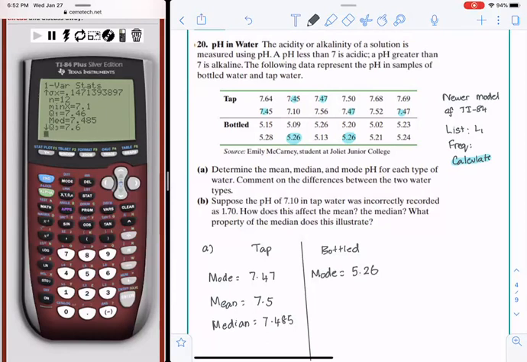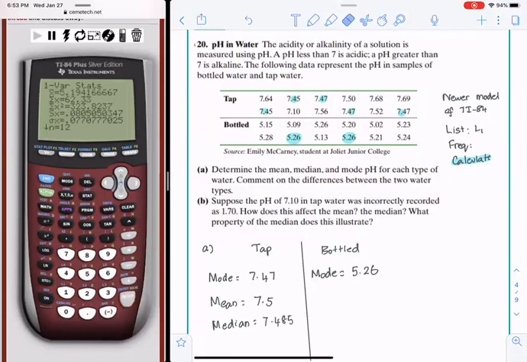Second mode to exit. Oh, sorry, clear to exit. Bottled water information is in list 2, so press start, over to calc, select 1, but only this time we have to use the information in list 2. So second 2, enter,